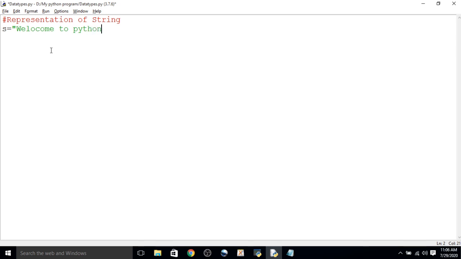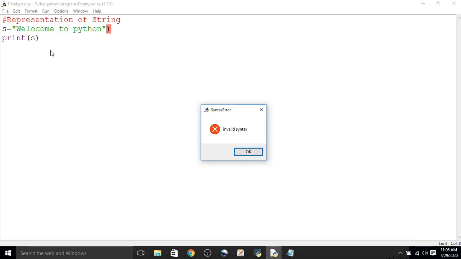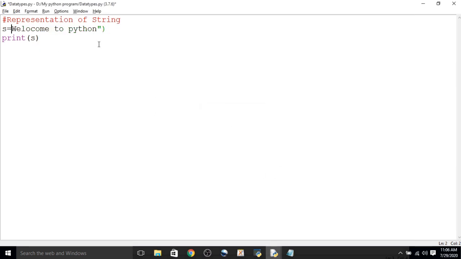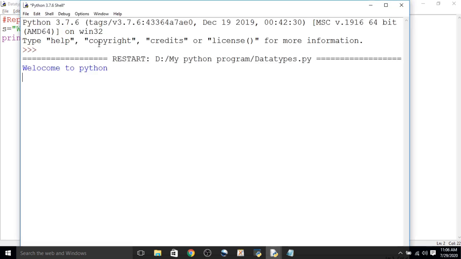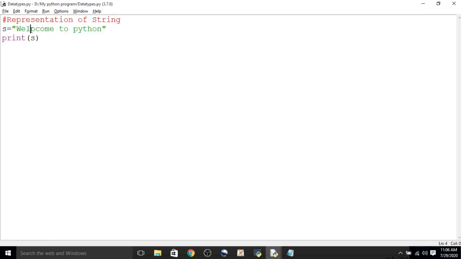Now display that string, print s. Look at here, we get the output welcome to Python.